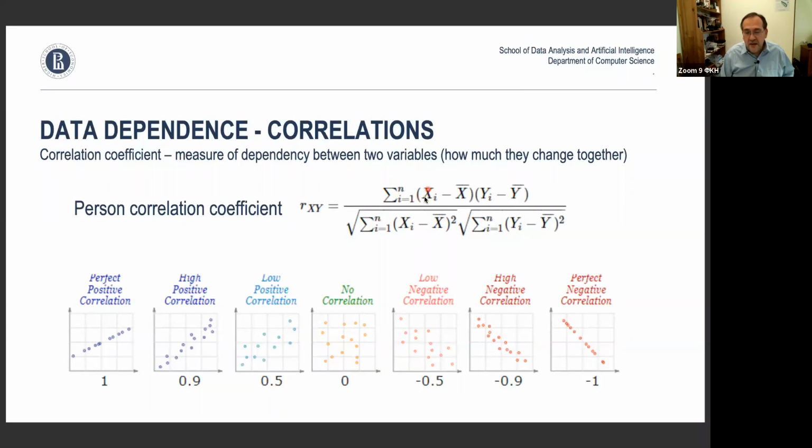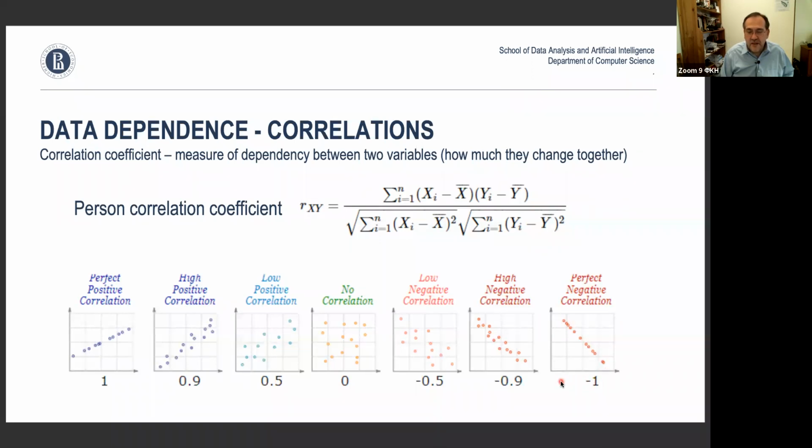You take the data points, you see how far they are from the mean for one axis, for another axis, multiply, sum, and then you normalize it. So this Pearson correlation has this nice property that, for example, when data is nicely randomly scattered, it is equal to 0. When it is nicely aligned along the diagonal, the correlation coefficient will be 1. When it is nicely aligned along the other diagonal, it's -1.